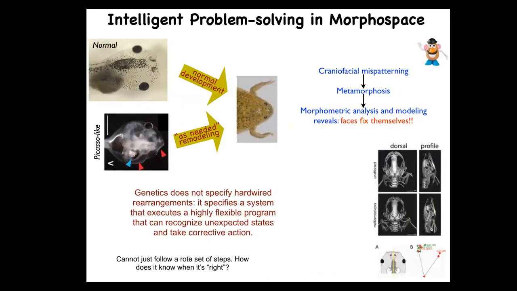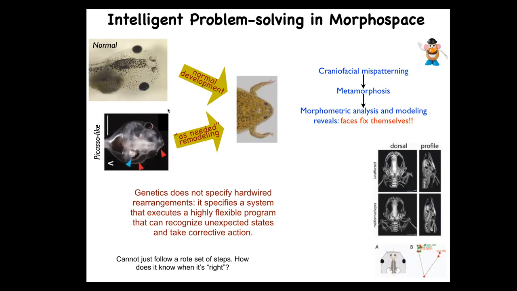So I want to focus on one very simple example of what I mean by navigating this morphospace. This is, again, that tadpole of the frog. So here are the eyes, the face is here, and so on. Tadpoles need to become frogs, and in order to do that, they have to rearrange their face. So the jaws have to come out, the nostrils have to move, the eyes have to move closer, and so on. In order to do that, it was thought that this was just a hardwired set of movements. And so every organ moved in the right direction, the right amount, and you get from a normal tadpole to a normal frog. Now, that was the assumption.